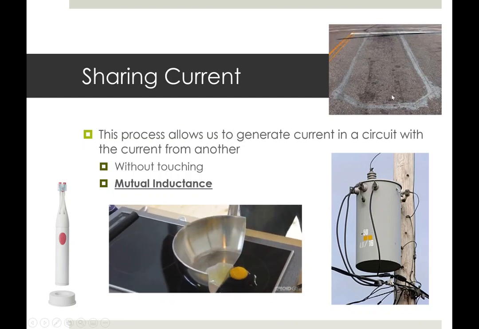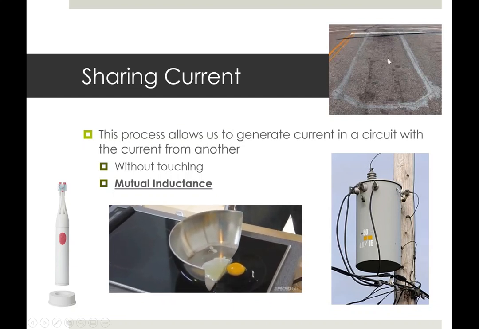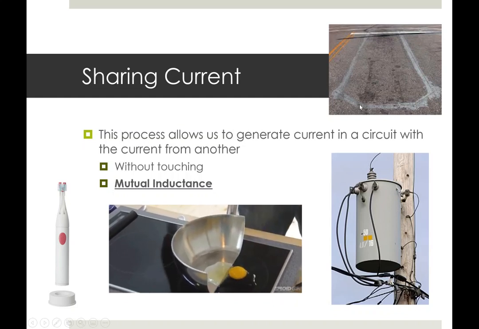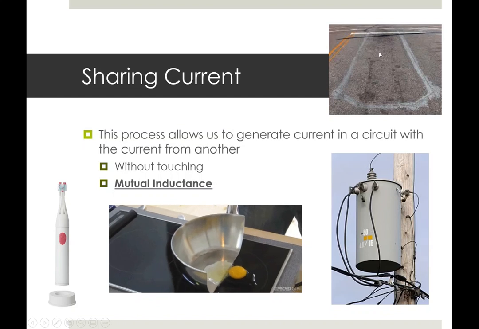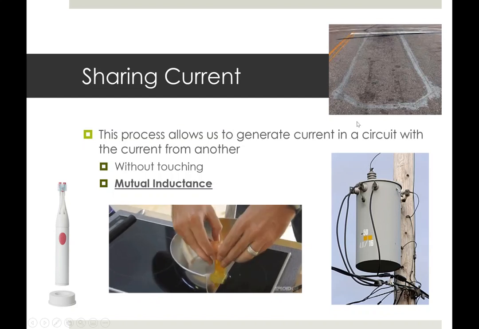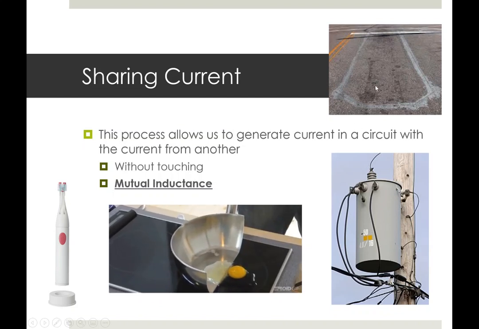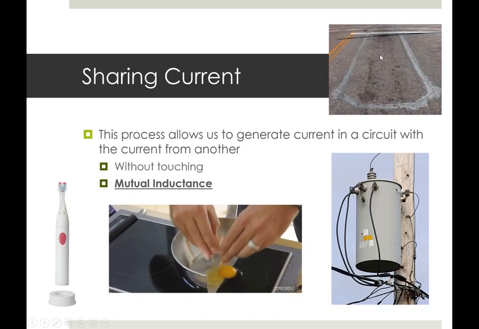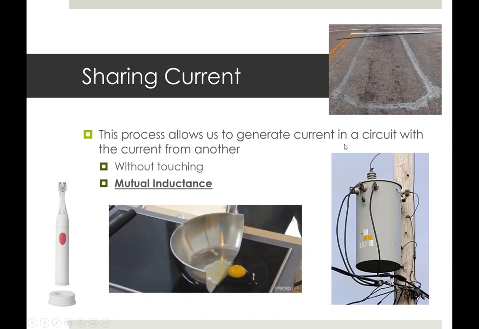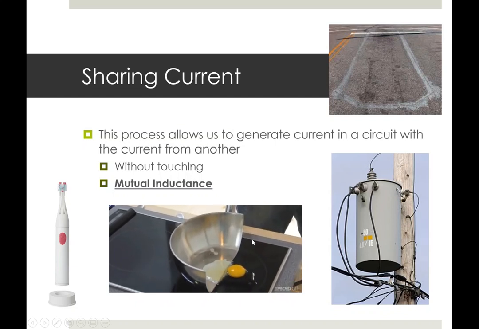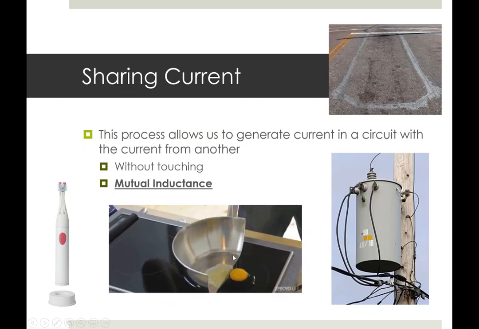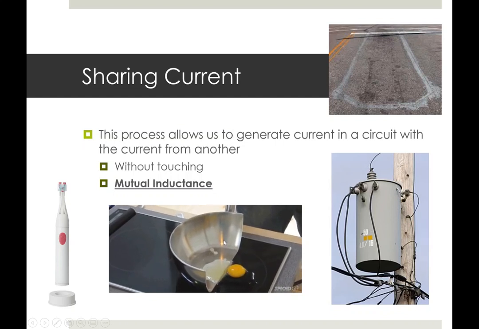And then the last kind of funky application of this is if you've ever noticed these odd lines in the pavement next to a traffic light, these are what allow the traffic light to sense the presence of your car. Underneath the pavement here is a coil of wires that, when your car drives over it, senses a change in the electrical behavior with the fact that there's now something on top of it for it